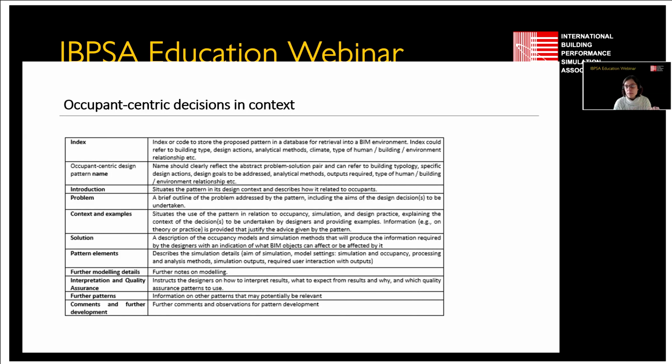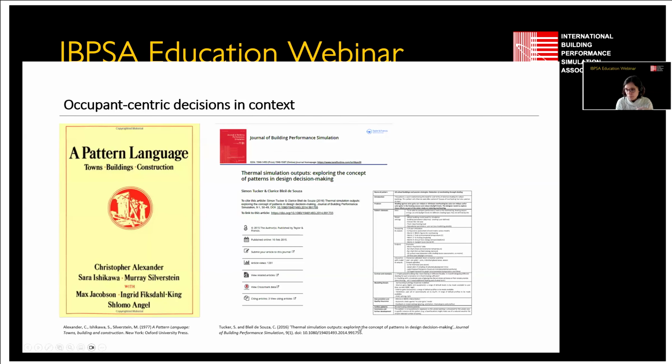And these what we call problem solution pairs, which you see in the pink and the green, are seen as a powerful way to transfer and share knowledge and quality control design solutions, because they enable expert knowledge normally deployed in a tacit form to be formalized so that it can be stored and accessed from novice designers to experts. We call this template or framework Occupant-Centric Design Patterns, or OCDP, and they are inspired by the work